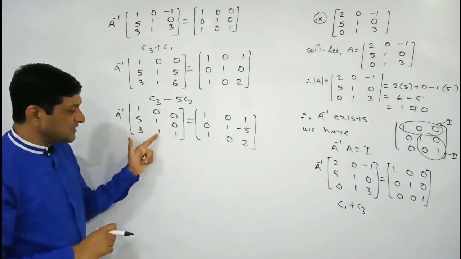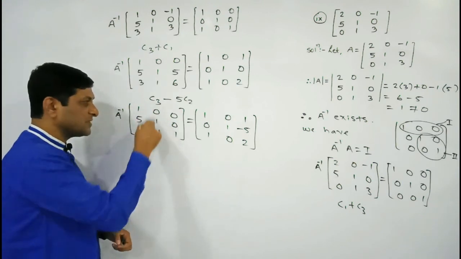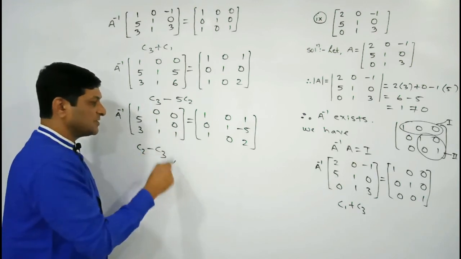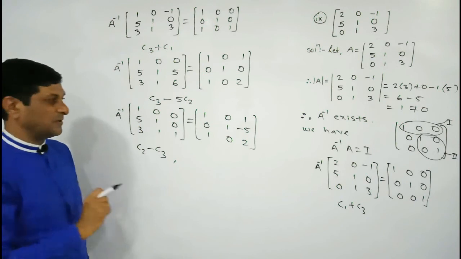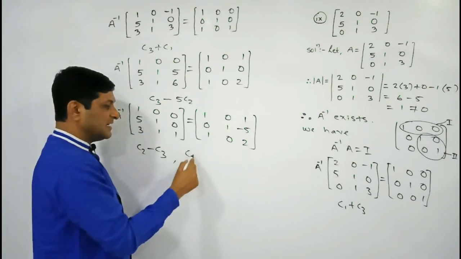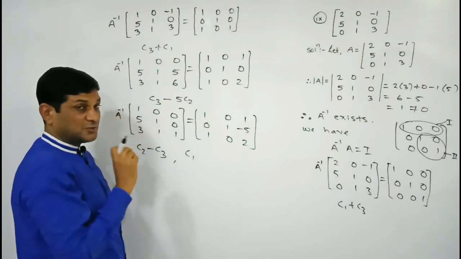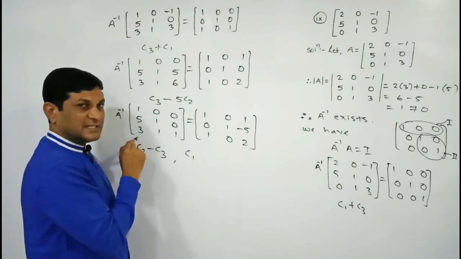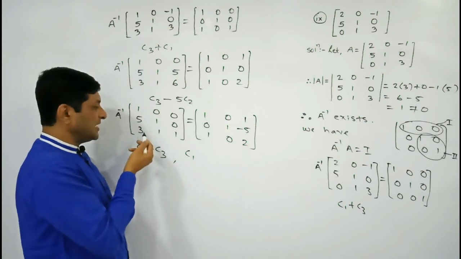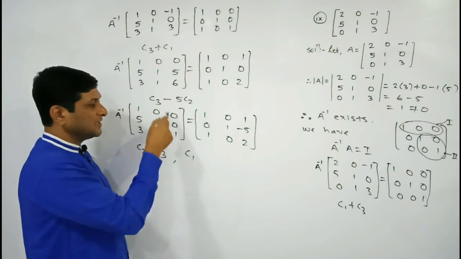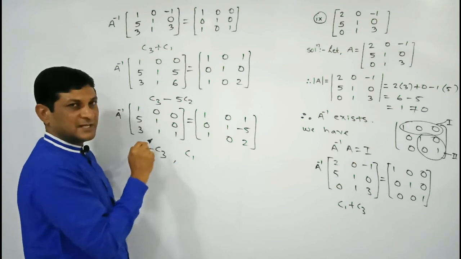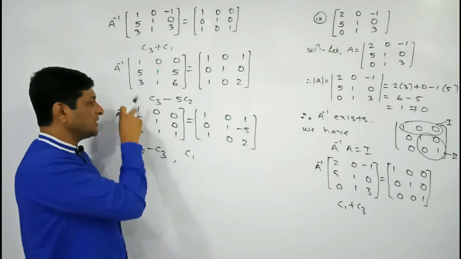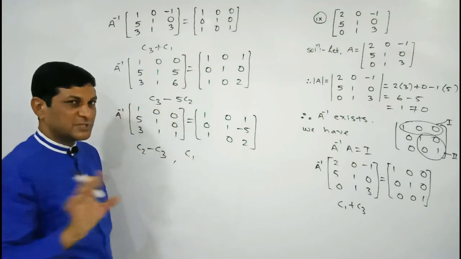So to convert this element into 0, our operation is on the second column. So C2 minus C3. 1 minus 1 will be equal to 0. And here, to convert this element, the element of C1 is 3. To convert it into 0, our operation should be on C1, and we are able to use the corresponding element of C2 or C3. Give the priority to C3 because 1 is there. With the help of this one, we are able to convert this element into 0, and these two elements do not change because the remaining elements of C3 are 0.